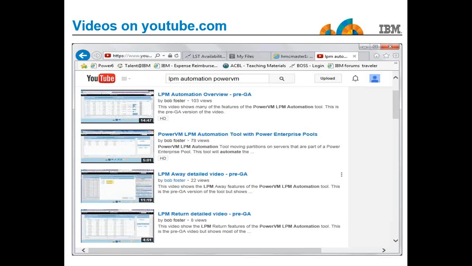When I say pre-GA on 3 of these, it's that I had the older user interface. Making these videos is a little tedious, so I haven't gone back and updated them, but the features and functions are the same. It's just the look and feel that's going to be a little bit different. But one of them actually is showing the real McCoy here, too.